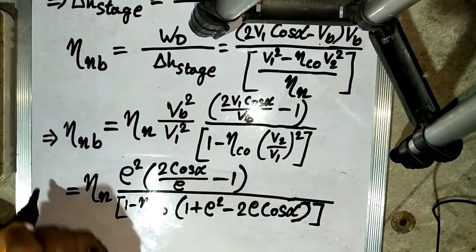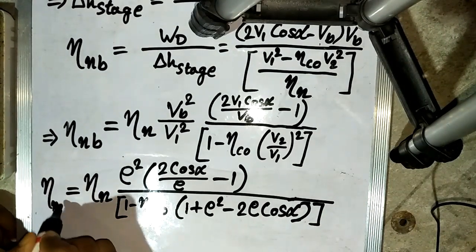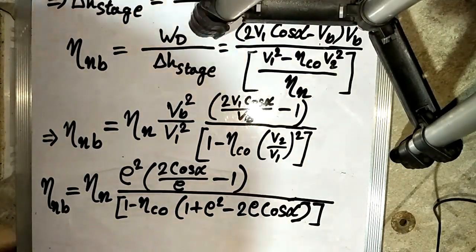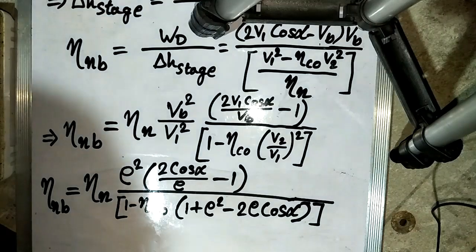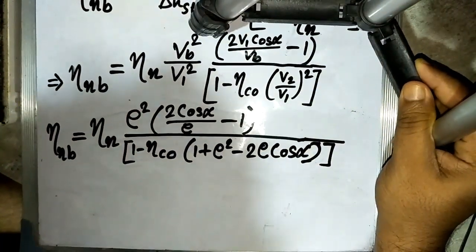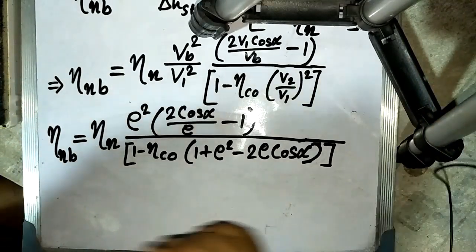So this is the expression of NB by substituting the velocity ratio. We get this. Again, by simplifying this NB expression,